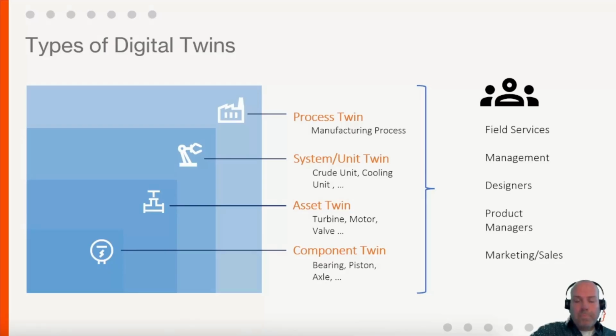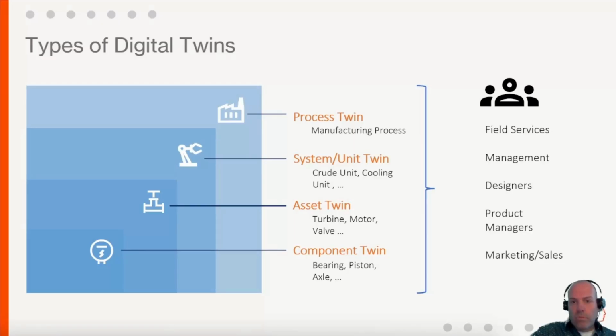One level up, we have an asset twin, for example, a turbine, a motor, a control valve that can support product management, sales, to gather knowledge on customers' preferences and actual usage of their product and provide new service business models to drive revenue. One level up from this is the system or the unit twin, which is, for example,